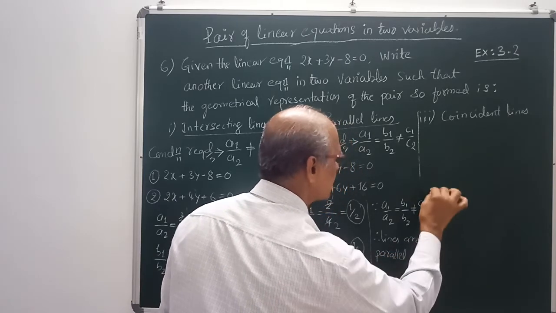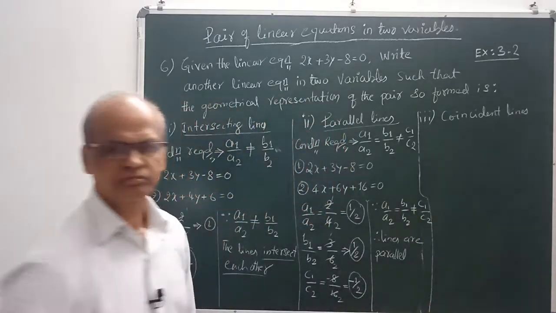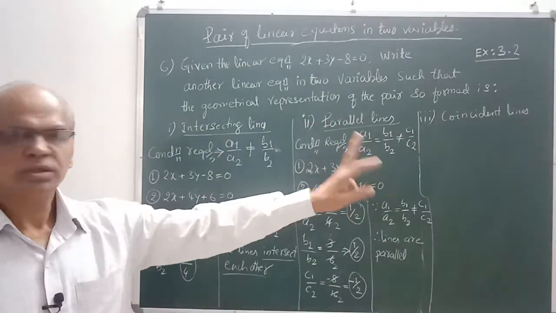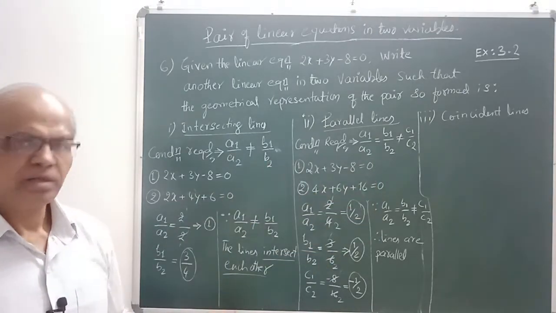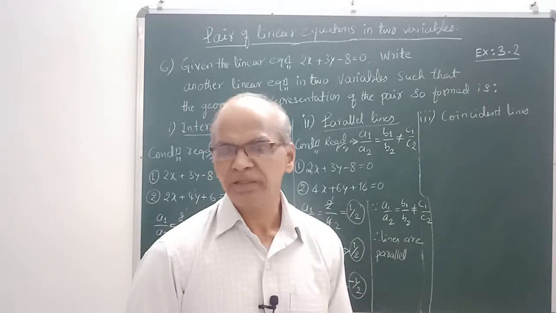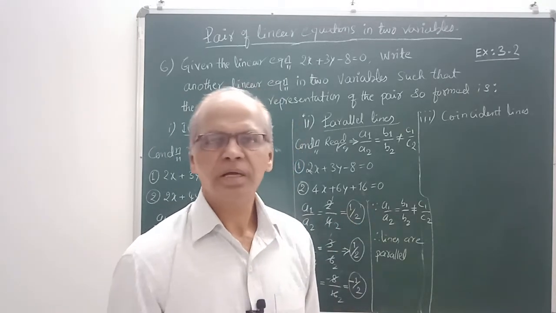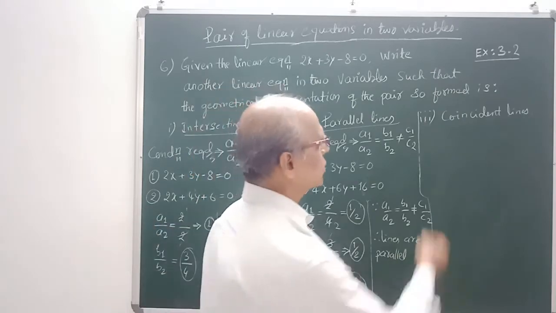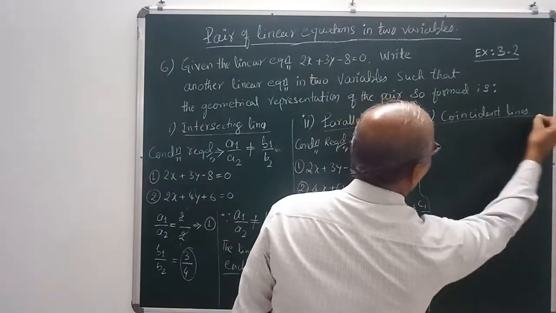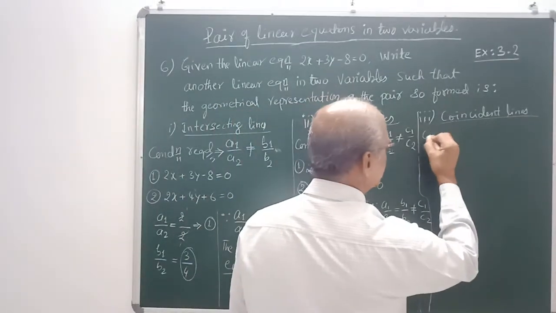Lines are parallel, right? This is the second one. Let me go for the third one. Are the points clear? If you have any doubt, you see, every Saturday you have to bring the diagram for checking, isn't it? At that time you make a note of it and get your doubts clarified. Okay, third one. For the lines to be coincident, what is the condition required?